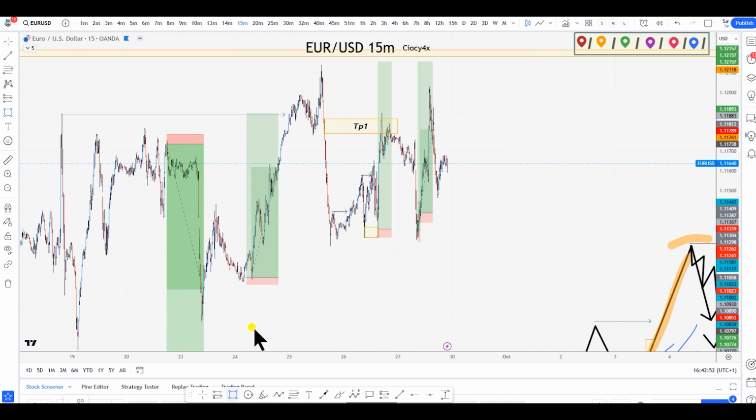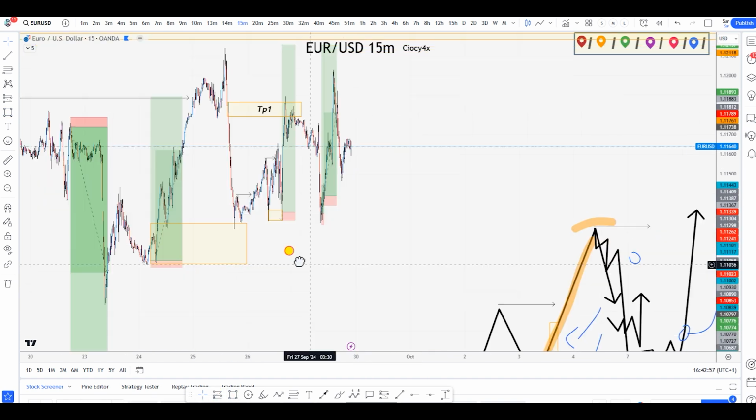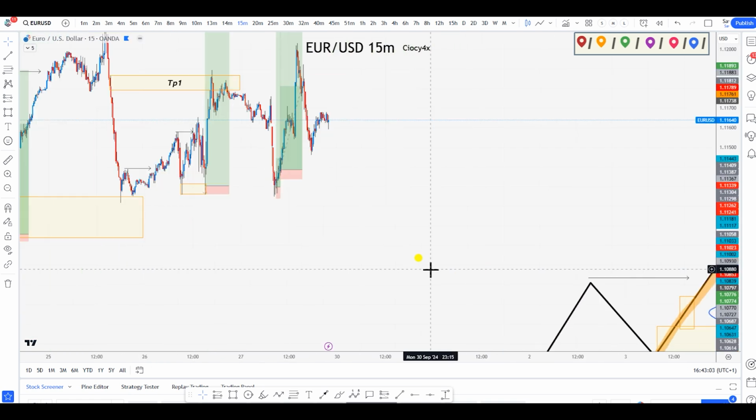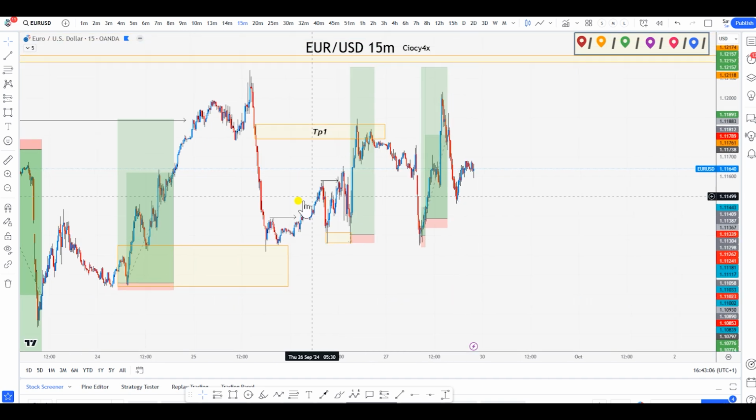Instead of thinking, oh, there's liquidity here, imbalance here, because there is a lot of imbalance, all I did was pretty much wait for price to hit a demand zone, right? Look at this, demand zone like this. And when price broke the structure, then I started looking for a buy. And that's exactly what happened over here. Look at this. Price came here, high, low, takes liquidity further down here, and then breaks the structure.